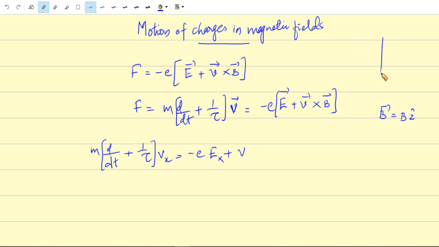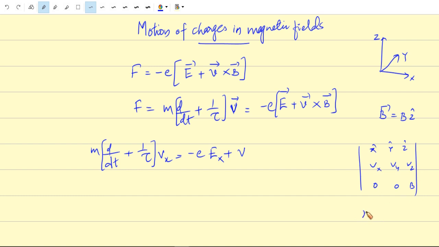So here, this is the X, Y direction and this is the Z direction. Our magnetic field is along the Z direction. So therefore, what happens to the v cross B? v cross B is equal to the determinant of x cap, y cap, z cap; Vx, Vy, Vz; 0, 0, B. Okay. So what happens to this thing?